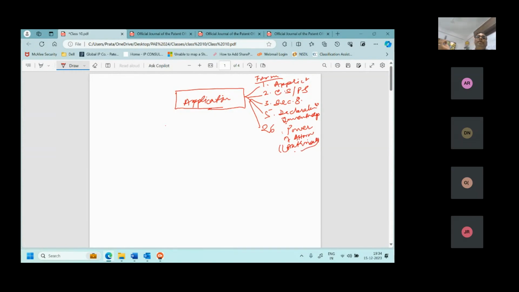If you forget this, how will it happen? For a Section 39 application, which form will be used? 25, right? Or 22? 25 only, sir. 25 it is, 22 is for patent agent registration.